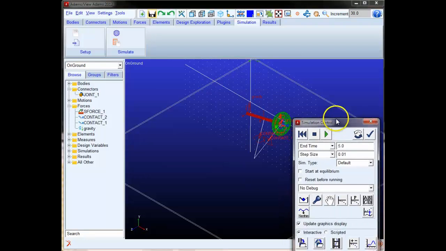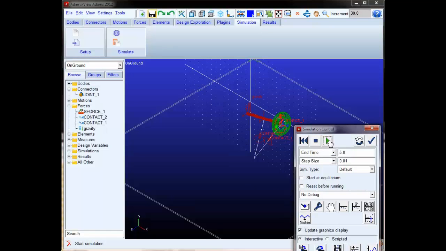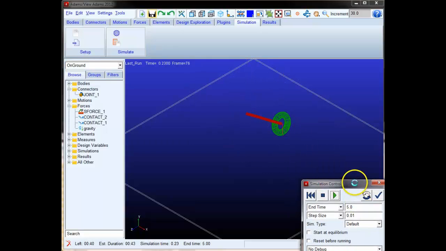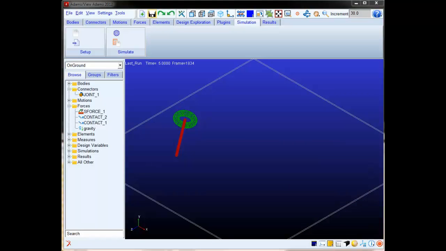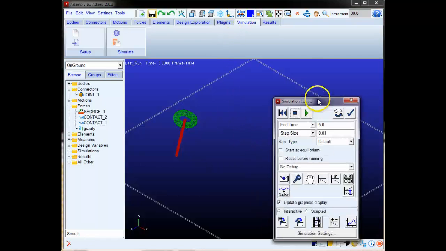And let's watch what it does now. Look in from the side. All right,